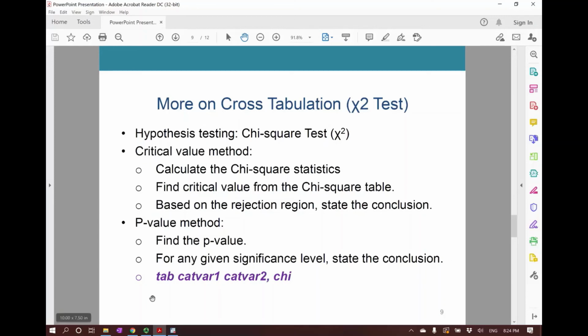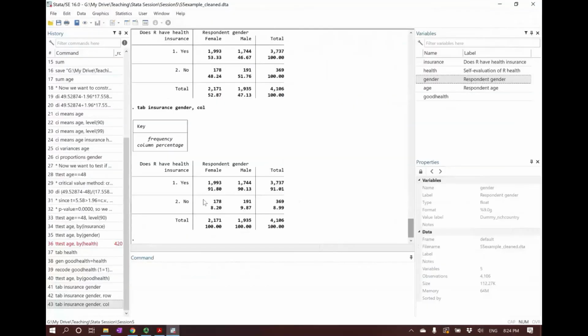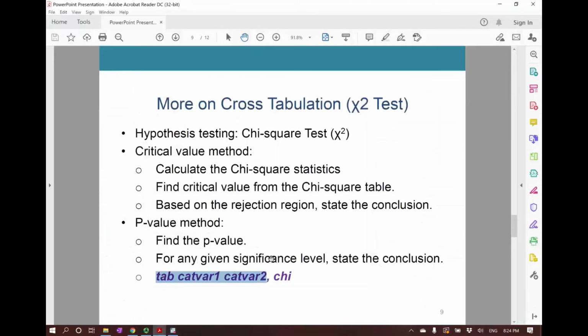Okay, so the Stata command for the chi-square test is you're still going to tab the two categorical variables you are interested in. But other than just looking at and comparing the percent of different groups in different categories, we can perform a chi-square test at the same time, which is just to additionally give comma